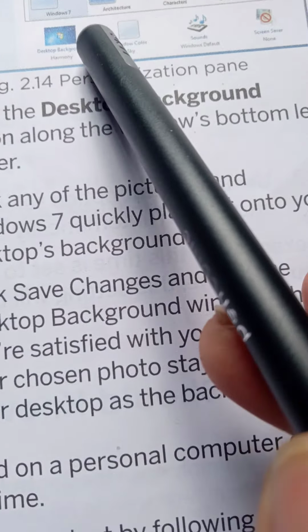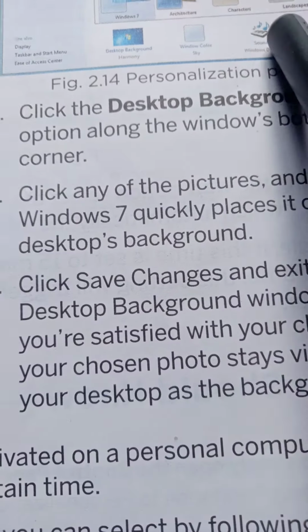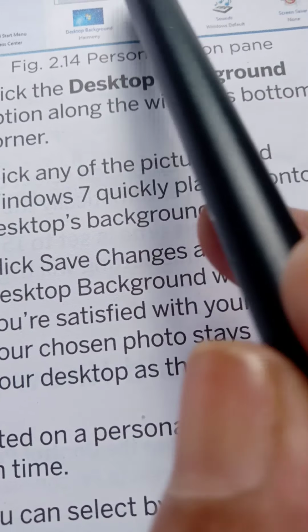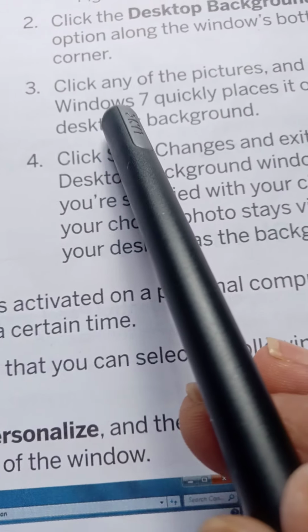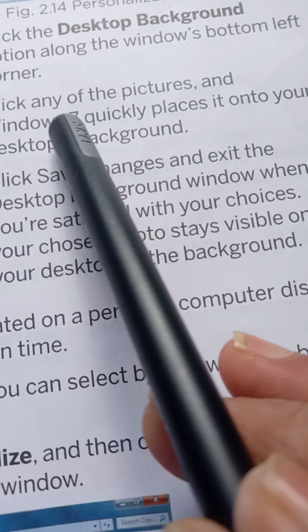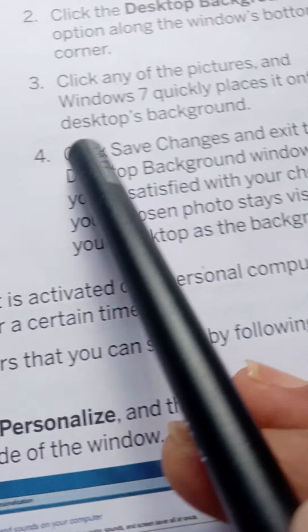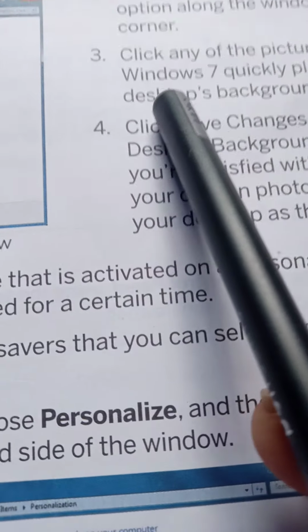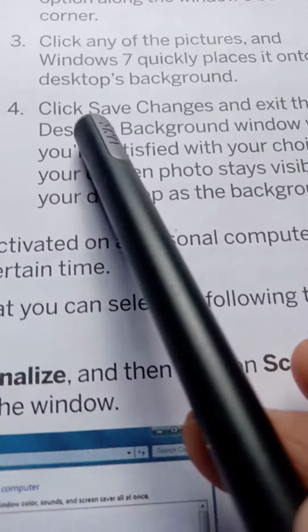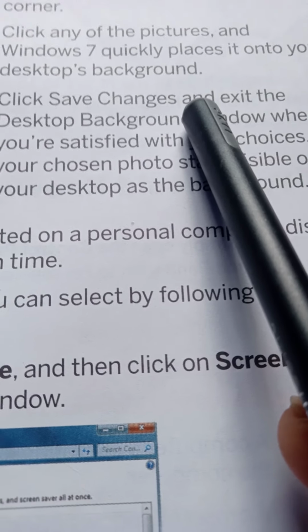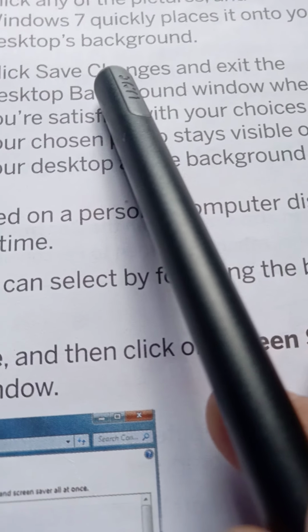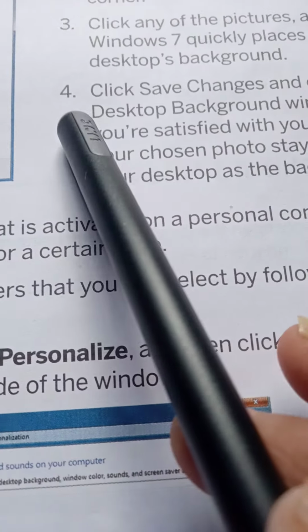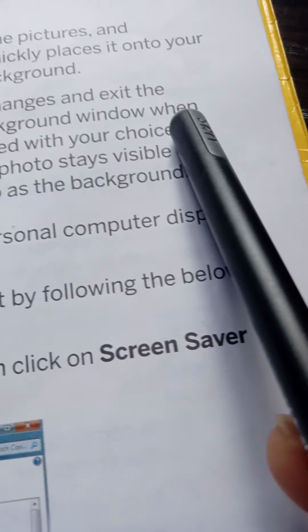Click any of the pictures, and you see here so many pictures are there. You click here on any picture. Windows quickly places it onto your desktop background. Any picture will go to your desktop background. Click Save Changes. Then you must click on Save Changes and exit the desktop background window.